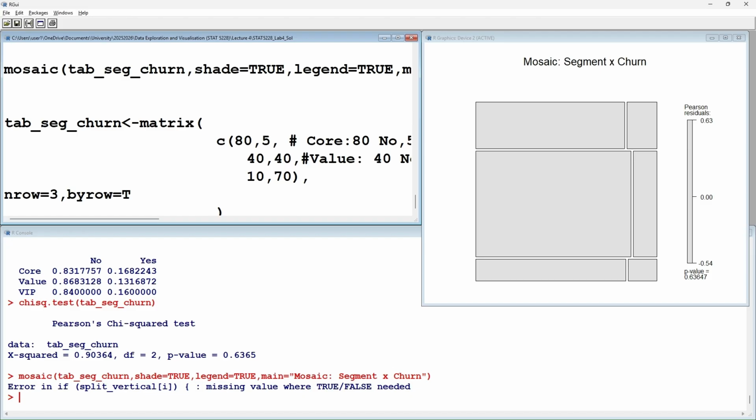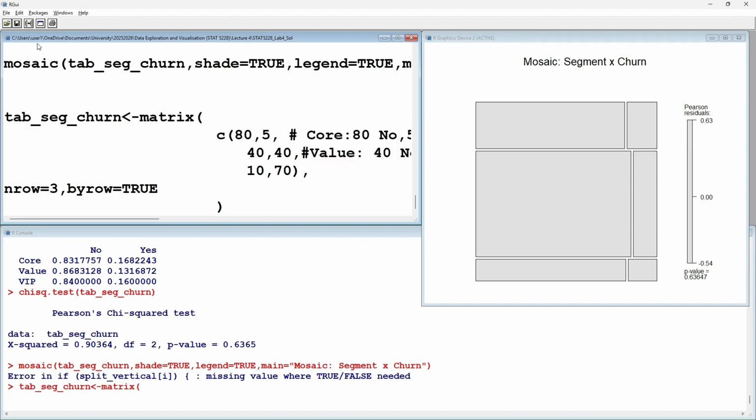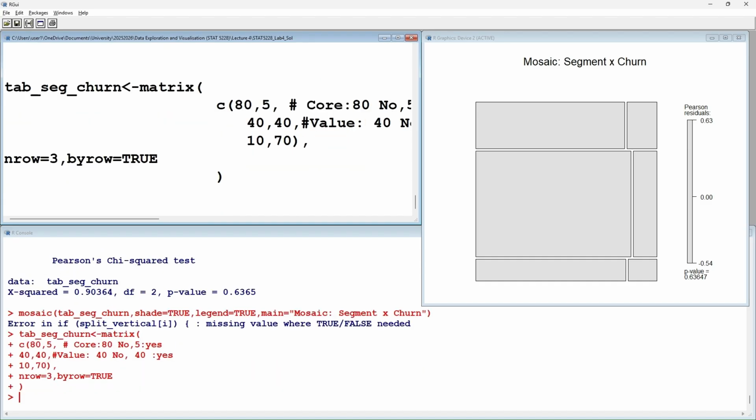You don't need to worry about what I'm doing. I'm just creating a fictitious example. This is just for your information. I'm not going to explain this part here. I'm just going to move on and then give the row names and column names of the matrix, because right now